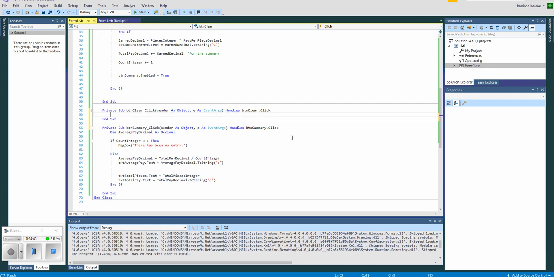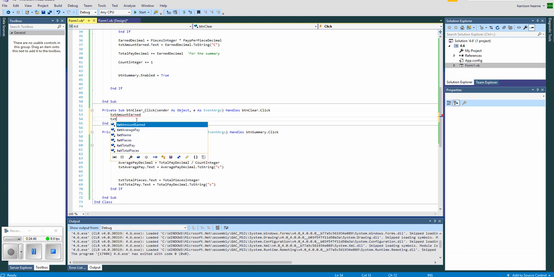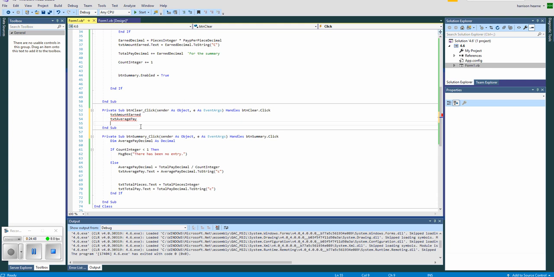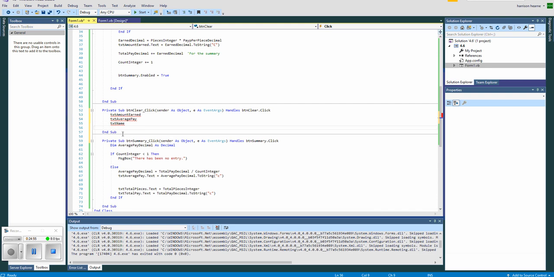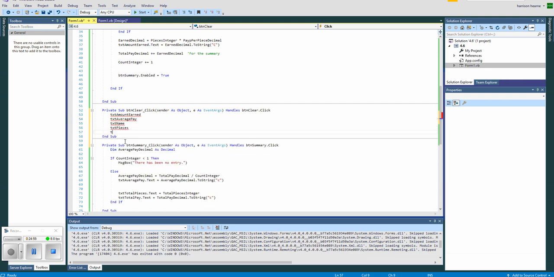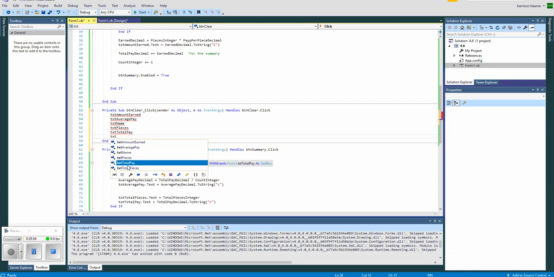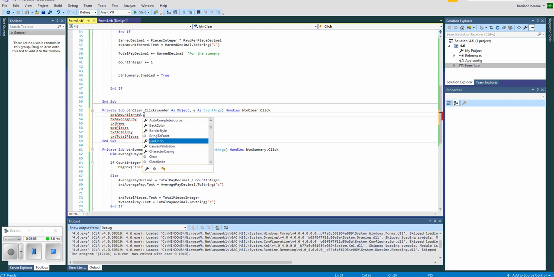So I'm just going to start going TXT and see what they got. I wish I could click all of these in at the same time. TXT. I want to clear all of the text boxes on that page because I made labels of the other stuff. TXT, and that is all of them. I'm going to go dot clear,